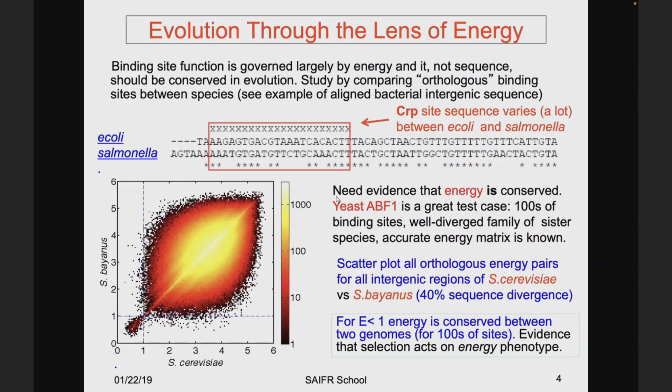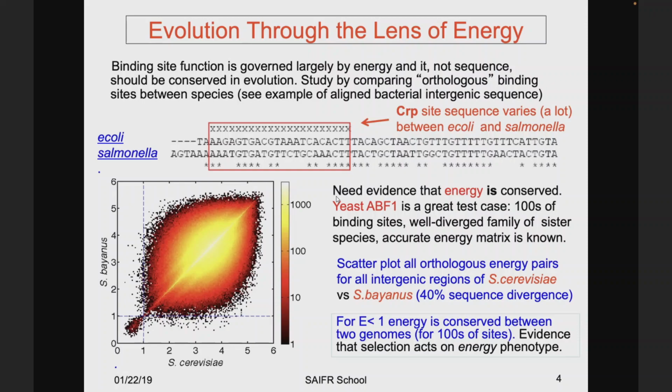And compare the sequences of orthologous binding sites between species. So you can take the intergenic regions of two different species, E. coli and Salmonella, let's say, and you can align them, that is to say, figure out how a binding site, how a promoter site in Salmonella should align to the corresponding promoter site in E. coli, all right? So this sequence lineup is an output of one of the standard sequence alignment programs between E. coli and Salmonella,